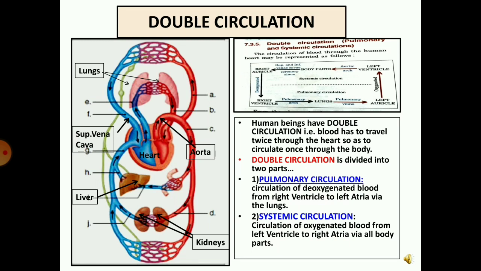Now look at the diagram. You can very clearly see that there is a blood vessel, we call it the pulmonary artery, that carries the blood. It is blue in color here. It carries the blood from the right ventricle to the lungs for oxygenation. Here, after oxygenation, it becomes bright red in color and comes back to the left auricle. From the left auricle, it goes to the left ventricle and then via the aorta, it is carried to all parts of the body and then gets deoxygenated and the blood comes back to the heart. This is known as systemic circulation. Together, it is called double blood circulation.